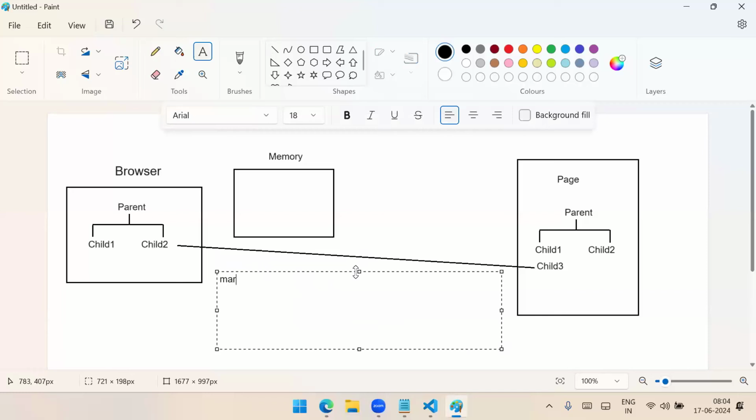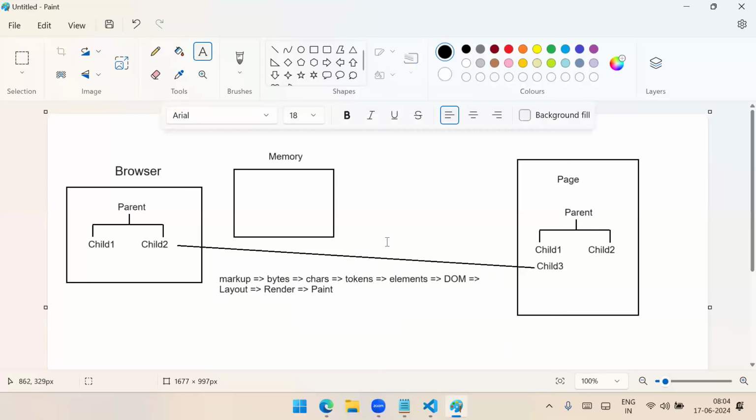That means again, markup to bytes, bytes to characters, characters to tokens, tokens to elements, elements arranged in a DOM. Then again it will undergo layout and render, and the process is paint. This should happen every time. It will take some time to show you the updates. You've done some update, and to show you the update, it will take some time. But now what